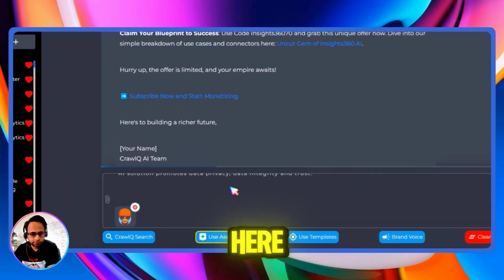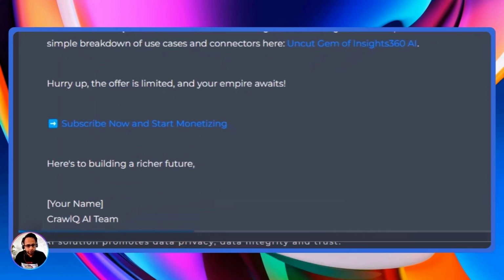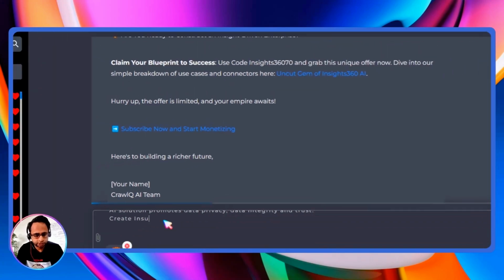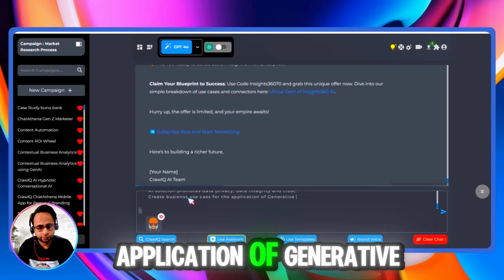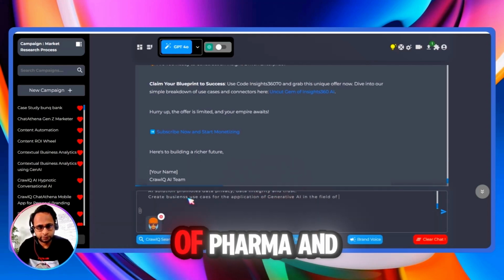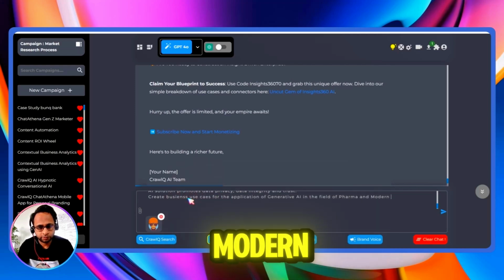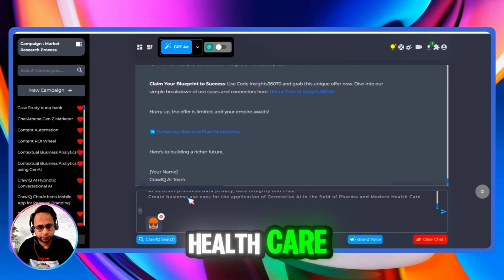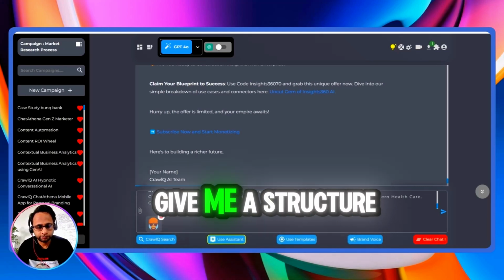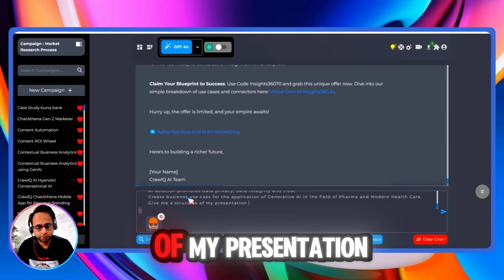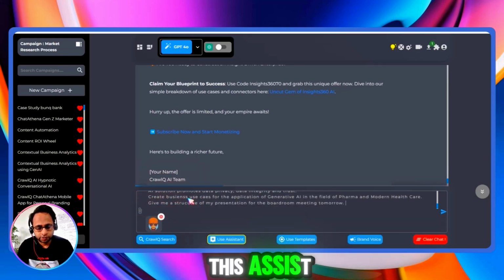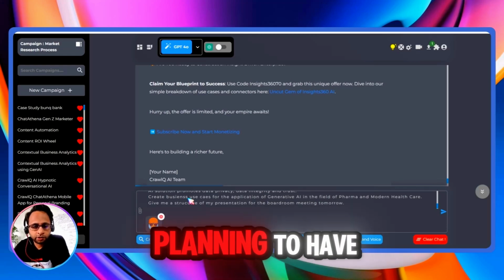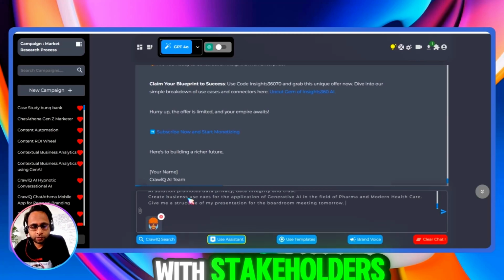And we are going to write here some general questions to the assistant. So for example, create business use cases for the application of generative AI in the field of pharma and modern health care. Give me a structure of my presentation for the boardroom meeting tomorrow. This assistant is very handy if you are planning to have a strategic discussion with stakeholders,